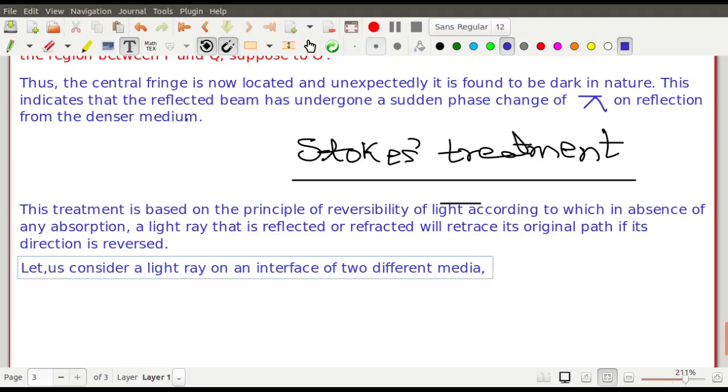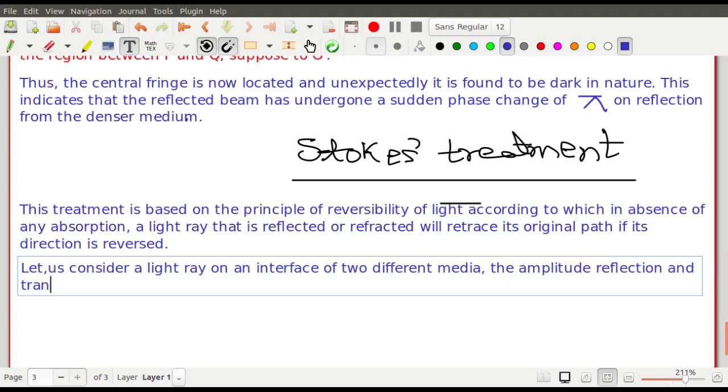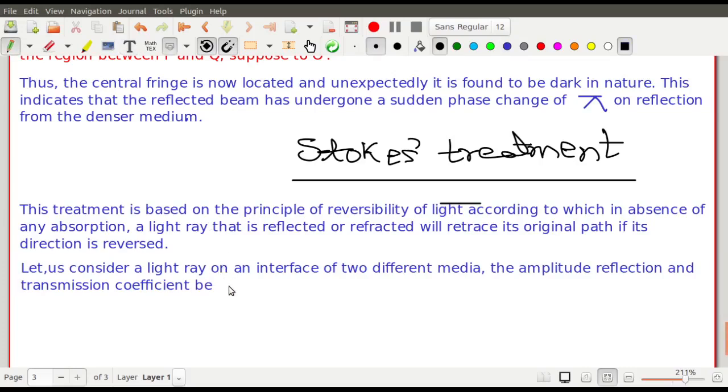Let the amplitude reflection and transmission coefficients be R and T